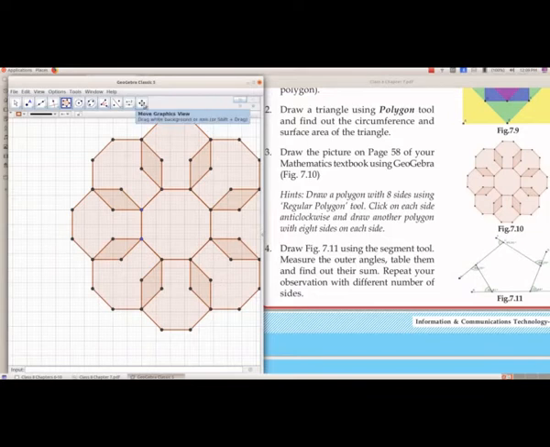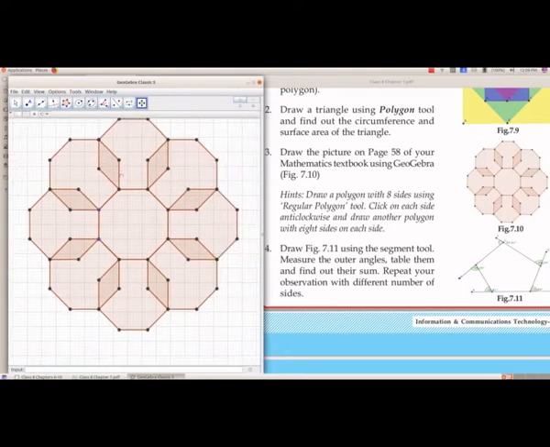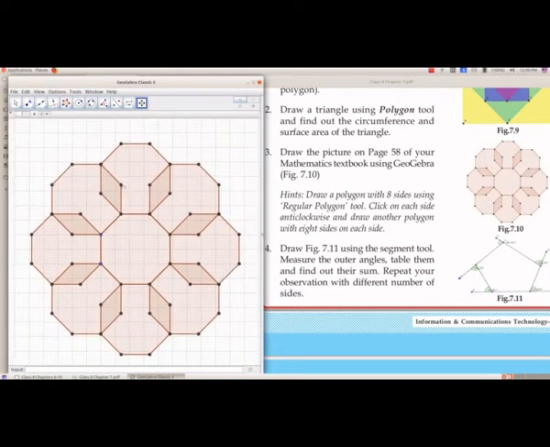We will move from the last group. We will select move and then we will drag so that we will get the picture. We got the same figure as given in 7.10,